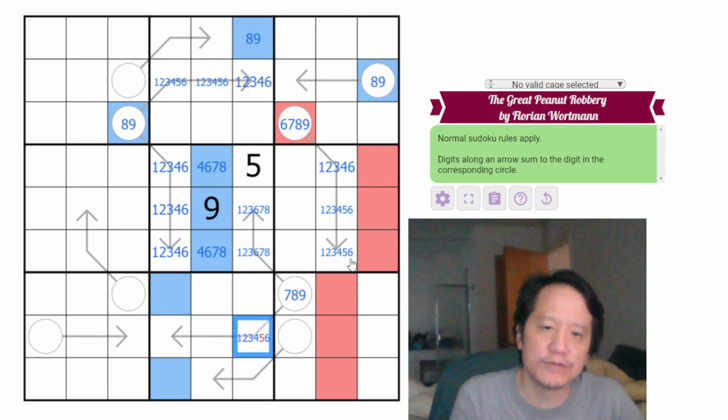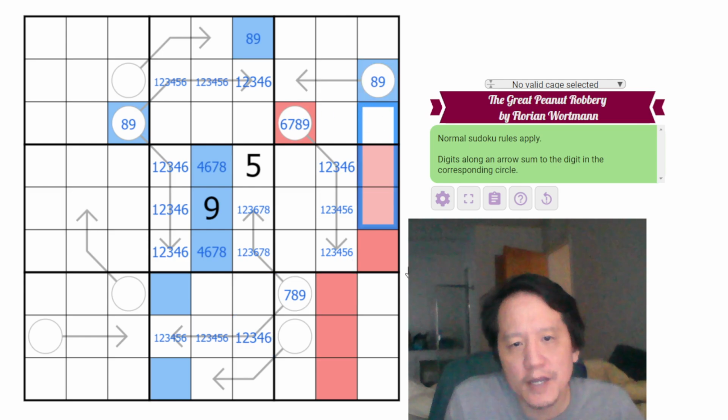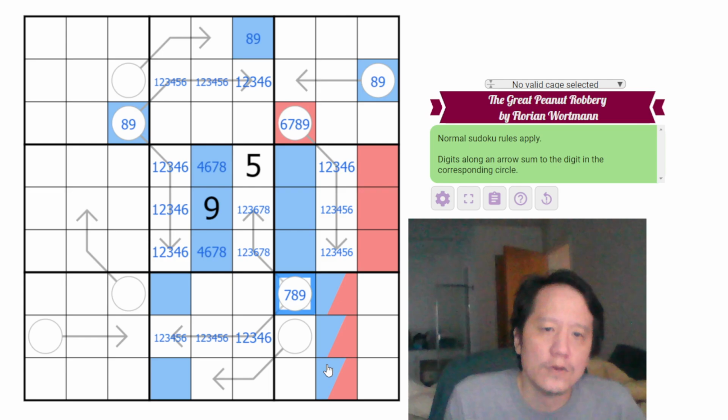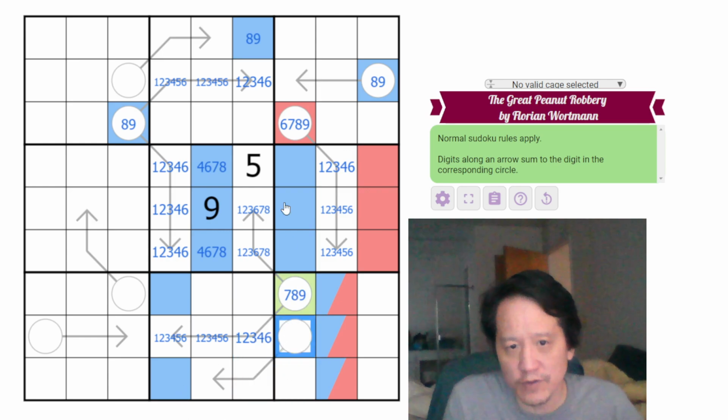This is again 1 through 6, 1 through 6, 1 through 6. Okay, so blue cannot be here and cannot be here. So blue has to be in this one. Blue also has to be in this one too. Interesting. So that means this is specifically a different color from blue. So we need to make that green. So we have 4